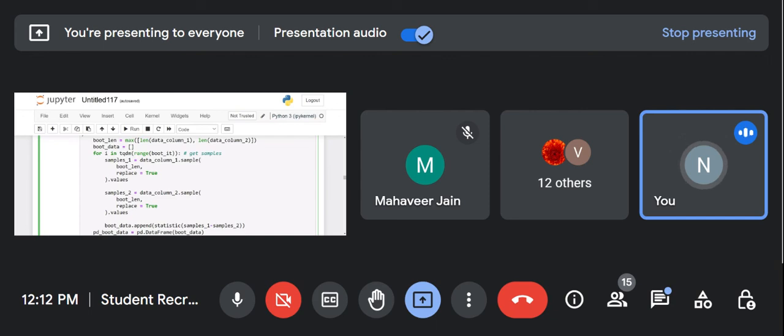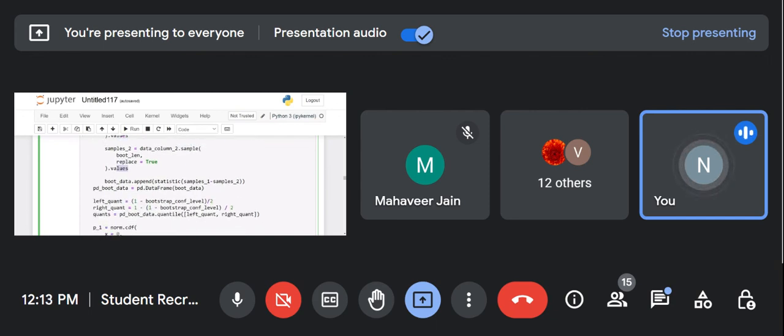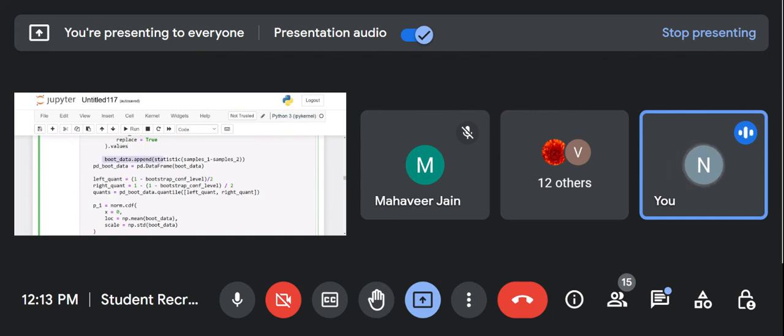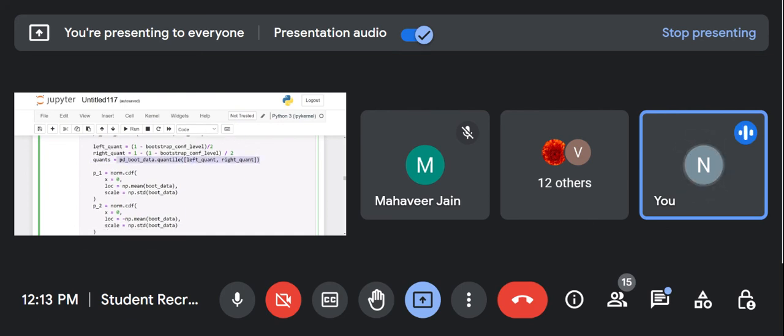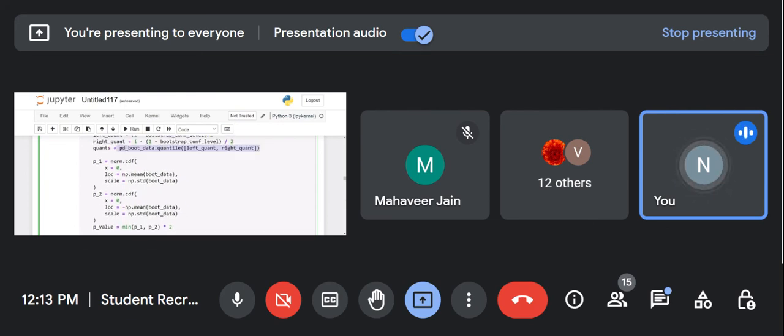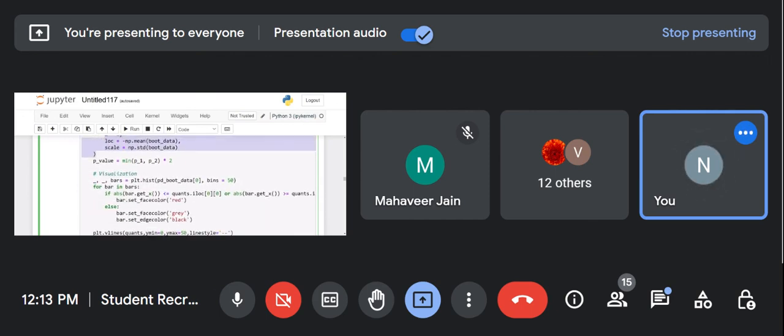Then I'm applying a for loop here and giving the sample values. These two sample values I've already given. Then I'm creating a statistical operation, just applying a static method, and calculating the left count and the right count, and the overall count by left and right. That's it. And just plotting the mean values and standard deviation for both p1 and p2. And